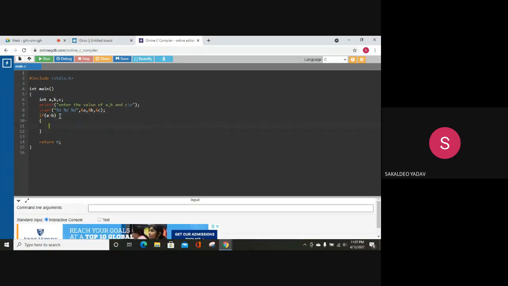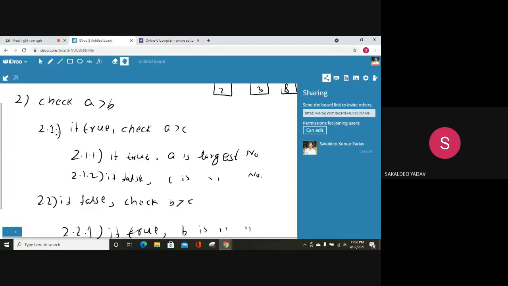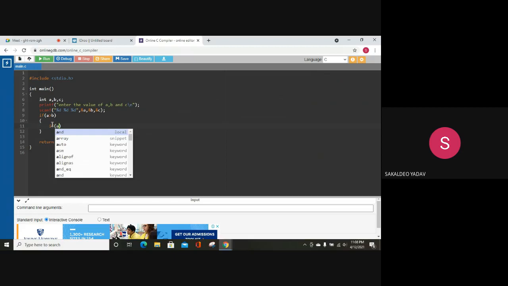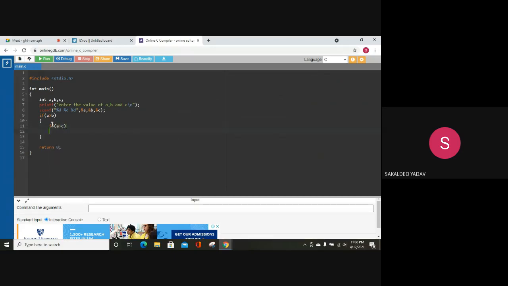If A is greater than B, then inside step 2, I'm checking 2.1. If this one is true, check A is greater than C. Whatever the algorithm I have written, that only I'm writing here.